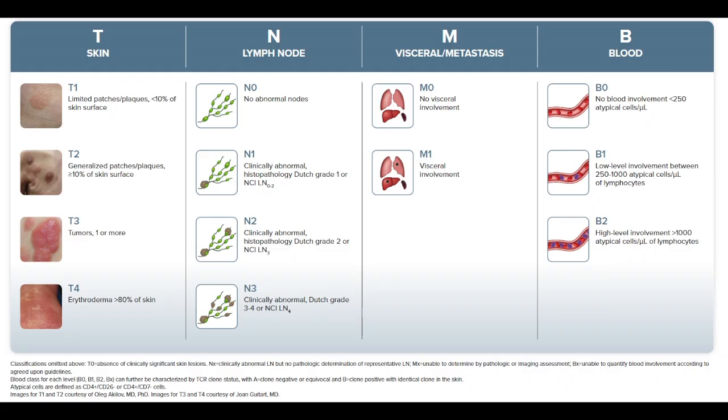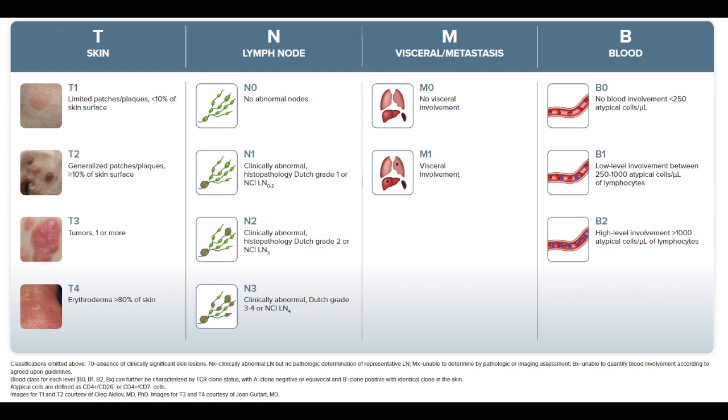This is a compartmental disease, and so unlike other lymphomas where we have a more simple staging algorithm, we stage each compartment separately. The 4 staging compartments include T, which is the skin or tumor, N, which is lymph nodes, M is metastases or visceral involvement, and B is the blood. When we stage CTCL by compartment,